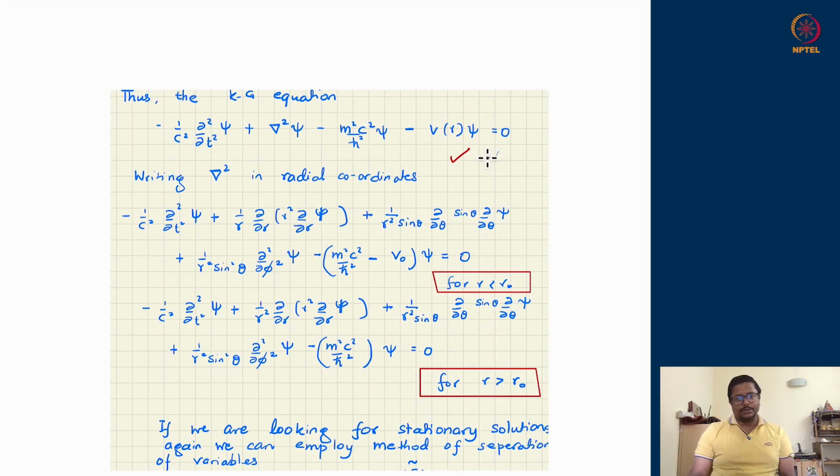So if I write down the Klein-Gordon equation which we had initially started with, ultimately it is a wave equation. The temporal derivative and the spatial derivative are appearing. Again, we can write down the wave function into radial and angular parts, just like we had previously decomposed into x, y, z. So write down the spatial Laplacian which is appearing over here in the spherical polar coordinate system.